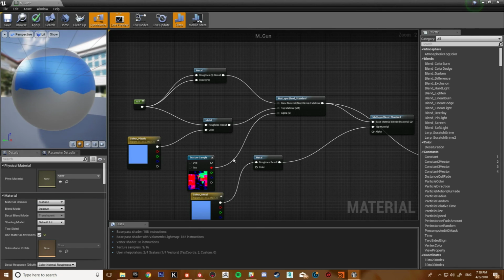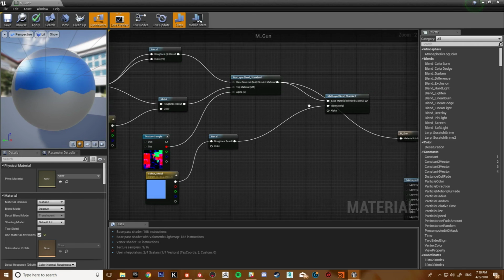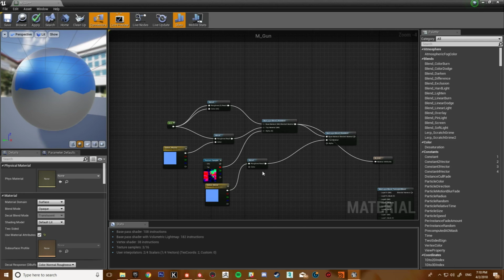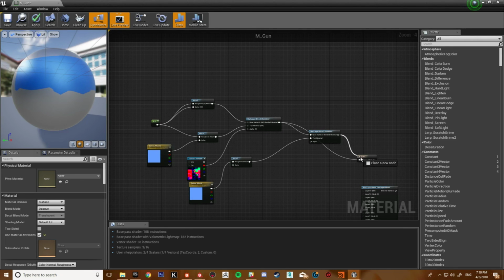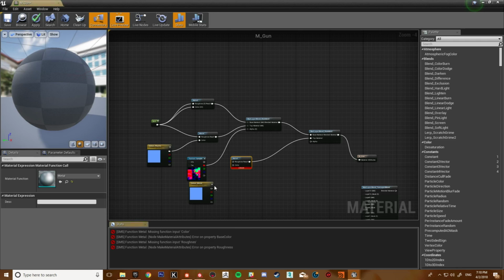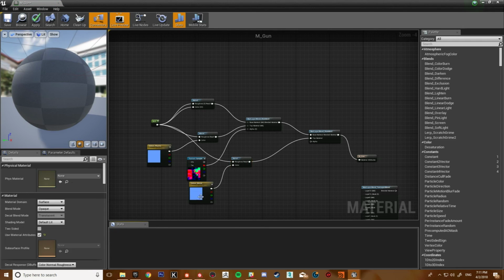But really the Paragon assets are really high quality, so what I'm doing here is a fraction of what the actual materials that they have done look like, and it's pretty crazy to see. So now we want to get that material in there. I've accidentally plugged it in roughness, so let's just do that and that.